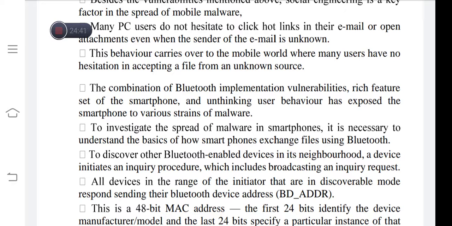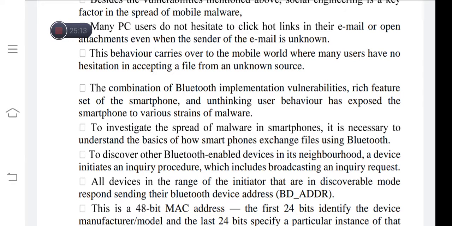All other devices which are in the range of the initiator and which are in discoverable mode respond to this particular inquiry request. In the response, they will send their Bluetooth device address, BD_ADDR, the Bluetooth address of the device responding to the request.